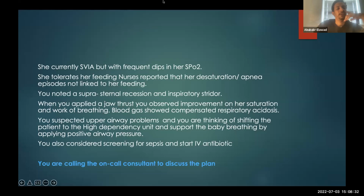So you went and you assessed the patient and you noted suprasternal recession and inspiratory stridor. When you applied a jaw thrust, you observed improvement in her saturation and work of breathing. You have done a blood gas and it showed compensated respiratory acidosis. At that point, you suspected an upper airway problem, and you are thinking of shifting the patient to the high dependency unit